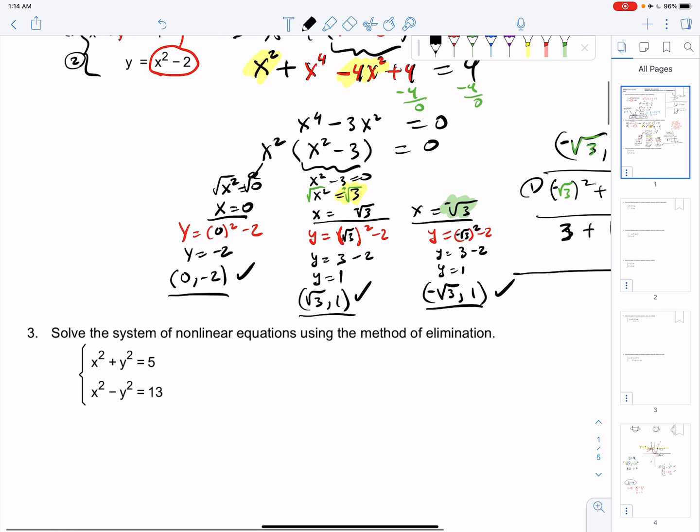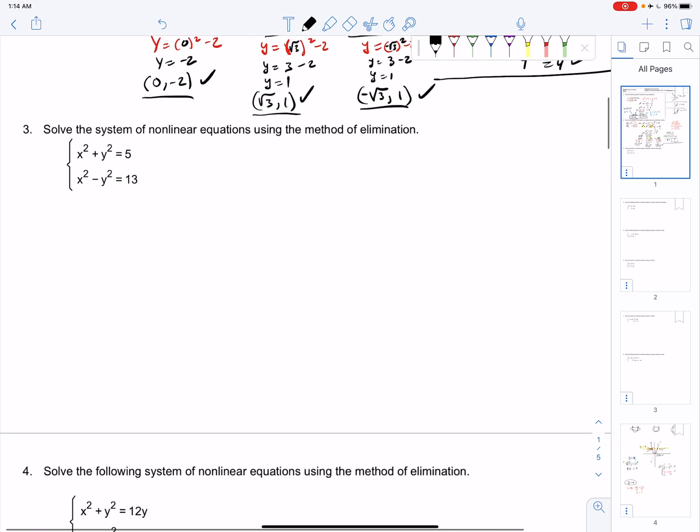Okay, let's move on to the next problem, number 3. Solve the system by elimination. Oh, yes, this should be kind of nice. Elimination means you add the two equations up, and hopefully an x or y eliminates. Well, if I add the two equations, I get 1 x squared plus 1 x squared is 2x squared. And y squared and negative y squared, well, that zeroes out, leaving us with